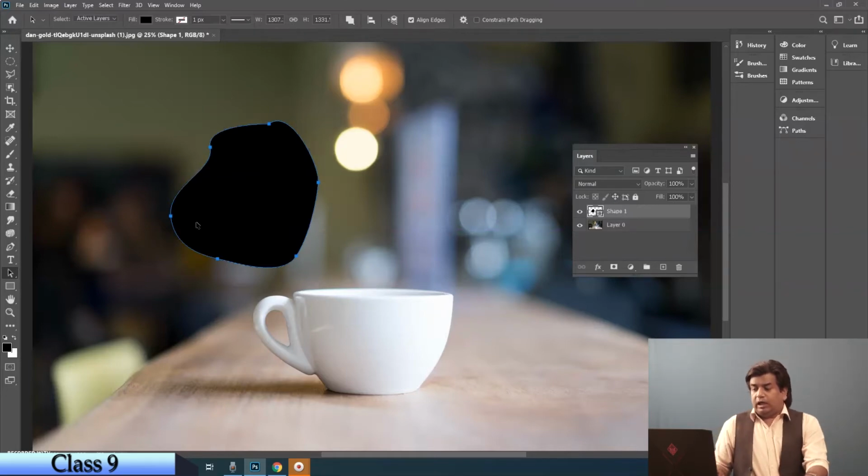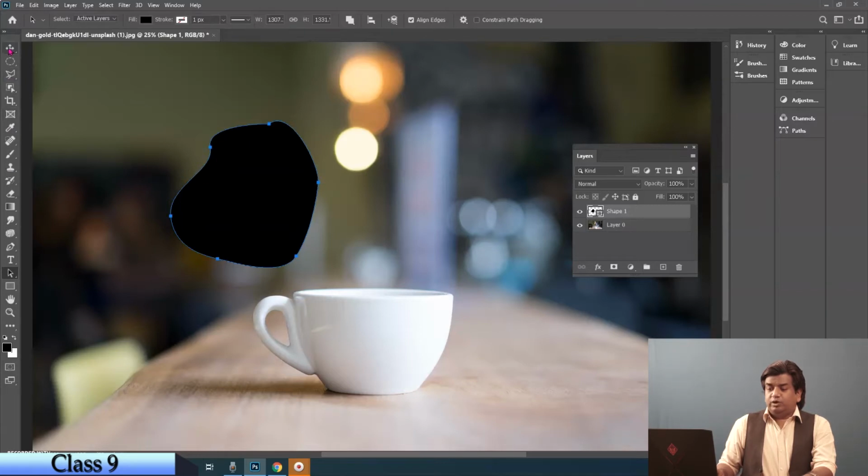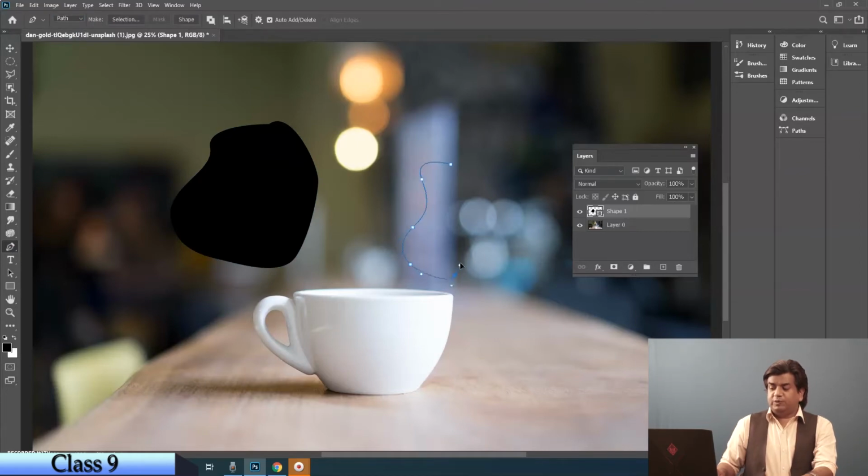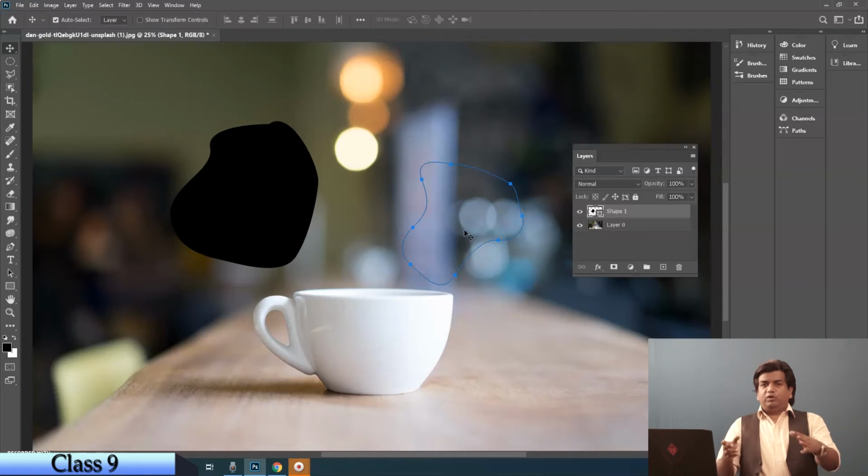Next, what we can do in the pen tool is create a path. It's just the path that will be created. I'm just drawing here to make you understand. Here you can see this is the path which has been created, but nothing new has happened in your layer panel. No new layer has been created. Whatever layer you have selected will be the one keeping this path. Path means the way.